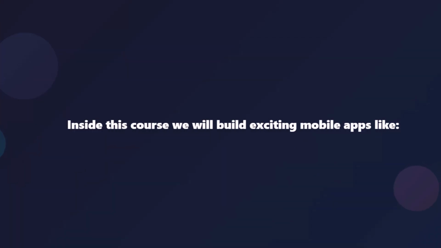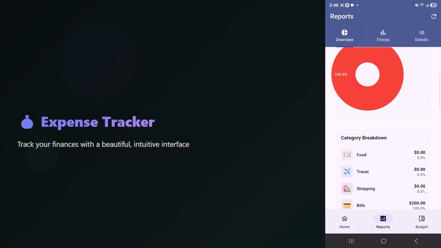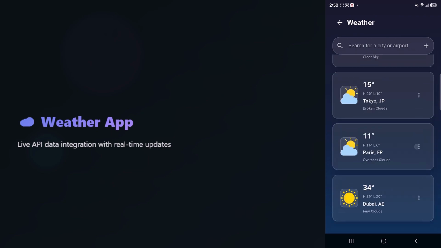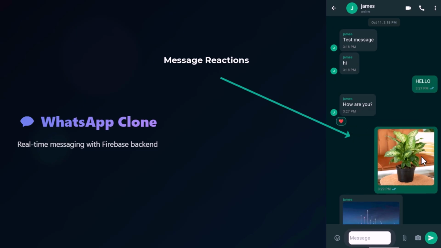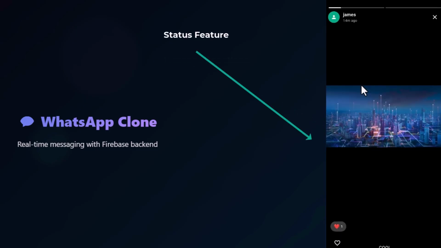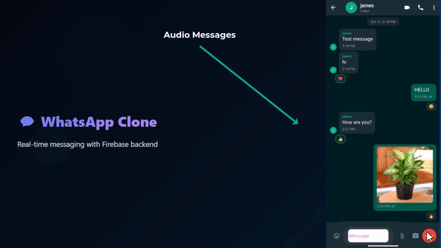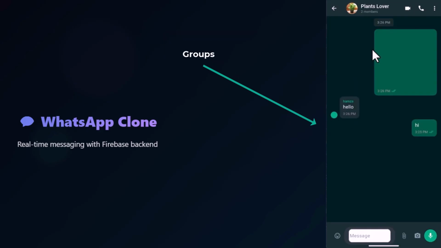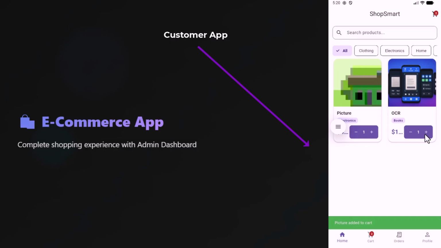And inside this course, we are going to build exciting mobile applications like an expense tracker, a weather application, a WhatsApp clone, an e-commerce application with admin panel,